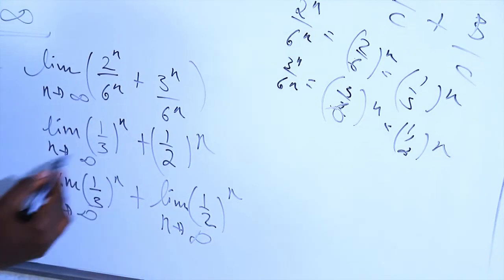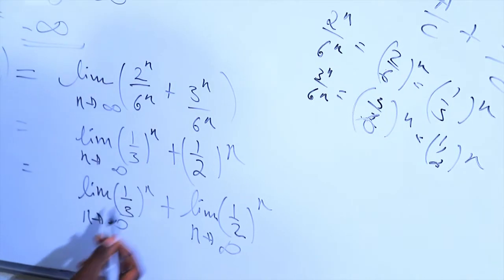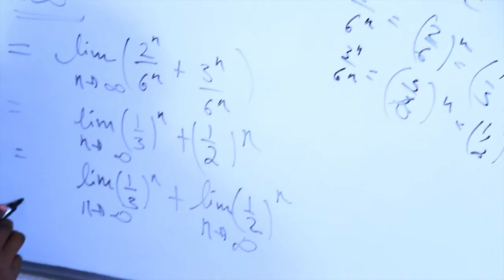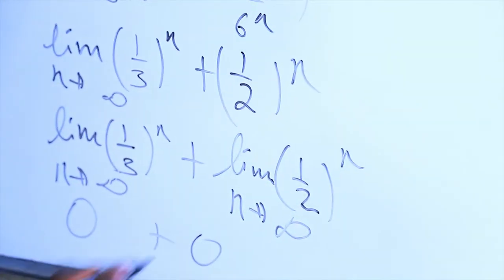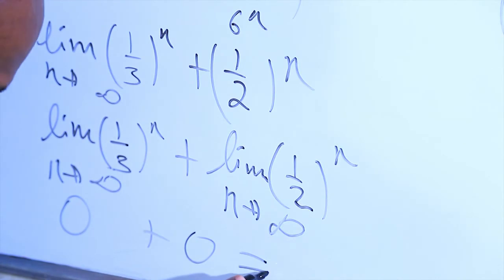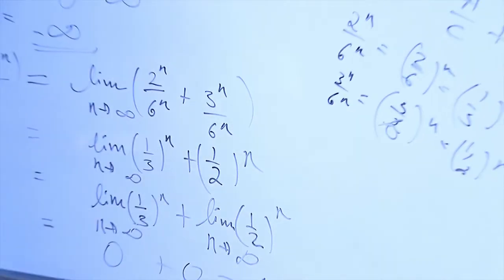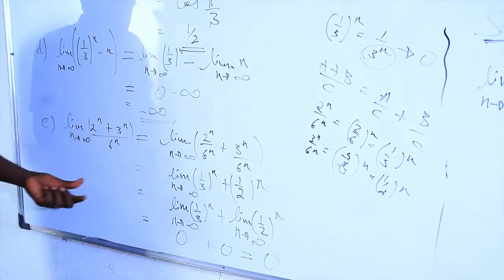We know that the limit of 1 over 3 to the power of n as n becomes larger and larger toward infinity is 0, and in the same fashion the other is also 0. So our answer is 0. So the limit of the sequence 2 to the power of n plus 3 to the power of n over 6 to the power of n